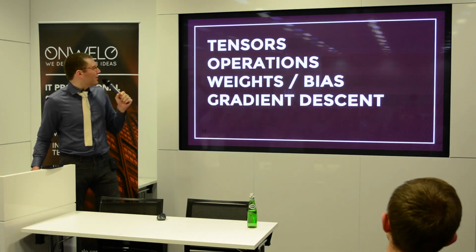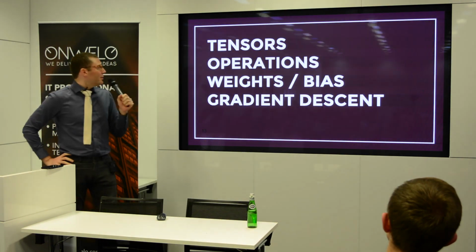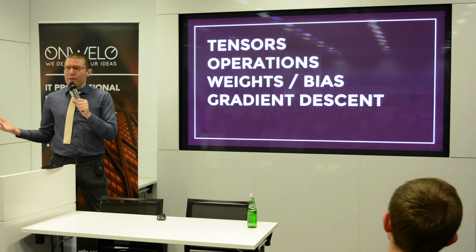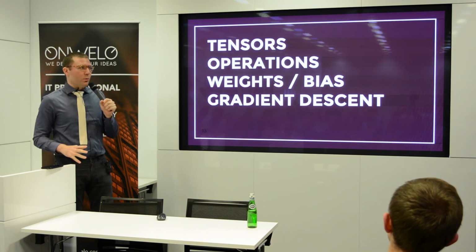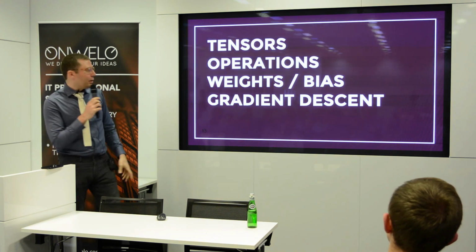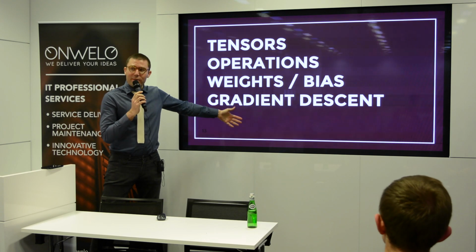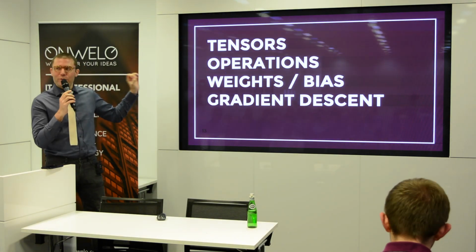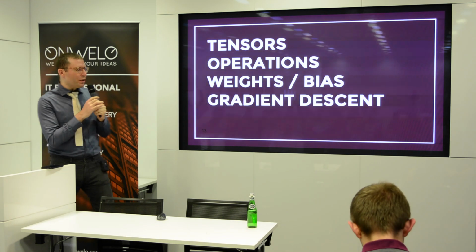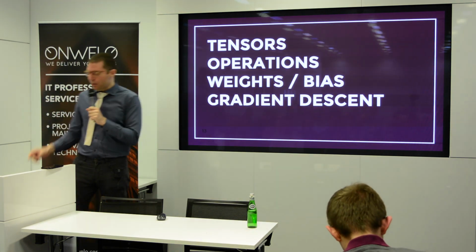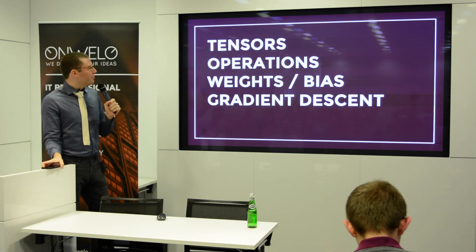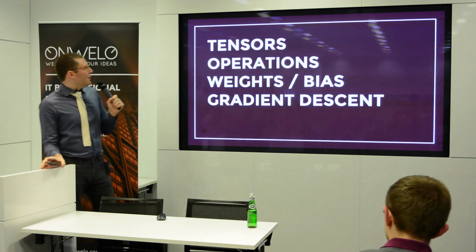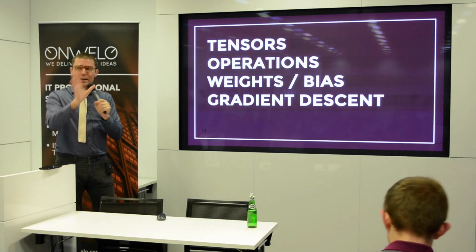So what exactly is a tensor? A tensor is a multidimensional array, right? So think of it as, a matrix is like a 3D matrix, really. And in each one of those squares, there's usually a number, right? And those tensors flow